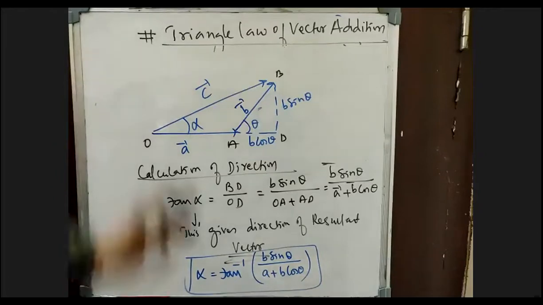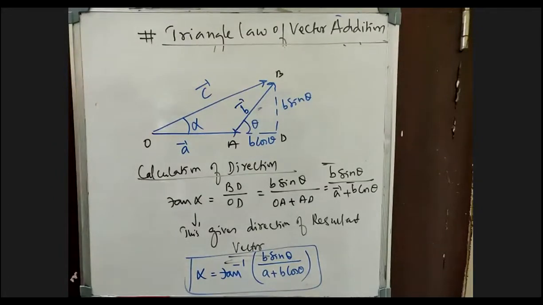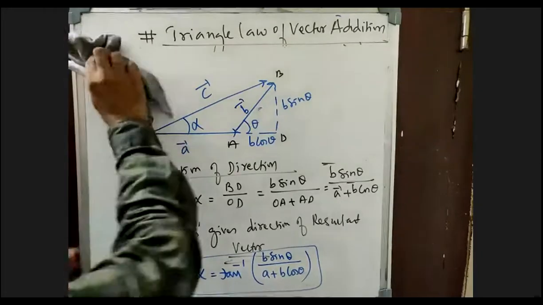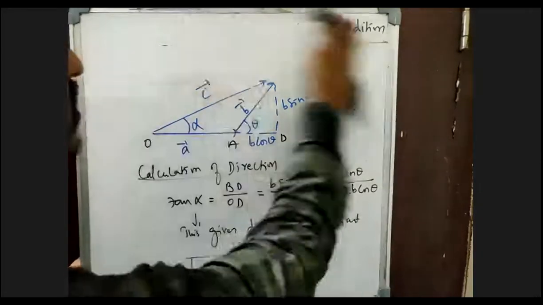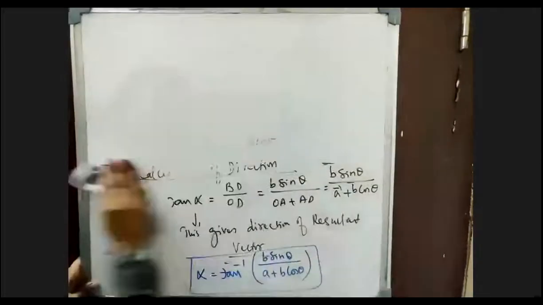Okay, chalo. So triangle, I hope you're clear. You got the direction, you got the resultant also. Let us try to do one problem. I'm rubbing this one. Shall I rub it? Okay, chalo. Take a paper and pen and try to do this problem. So I'm giving a small question. Try to do it, everyone.